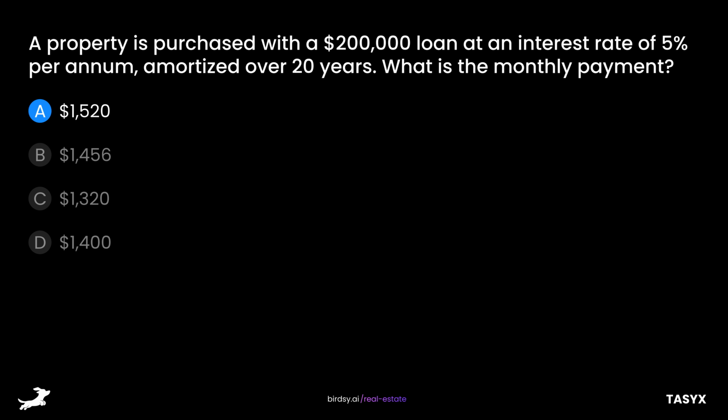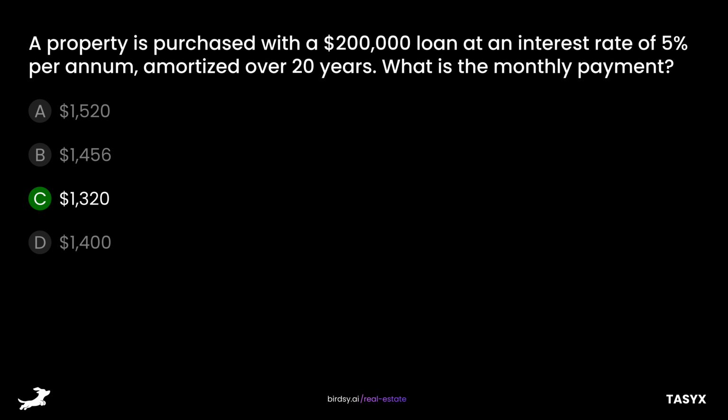Is it A, $1,520, B, $1,456, C, $1,320, or D, $1,400? The answer is C,